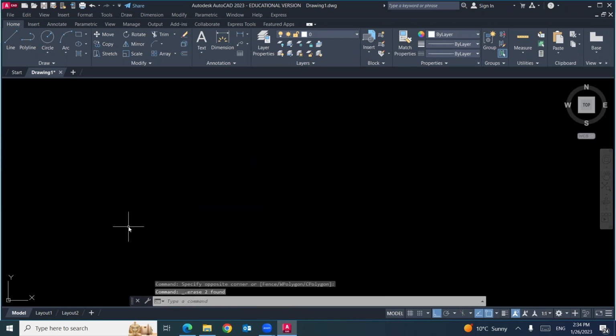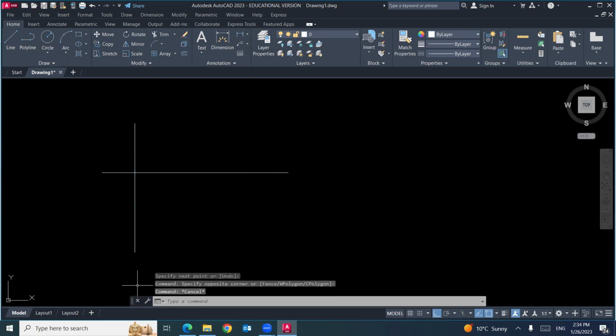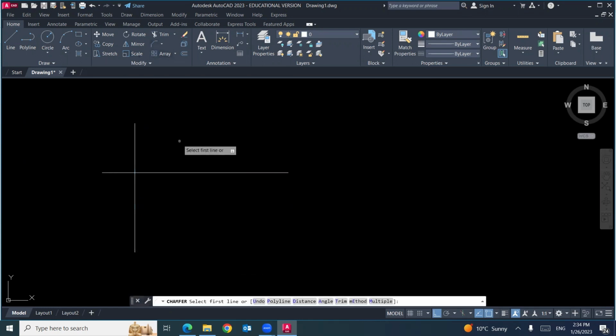One more time. I have lines like this with extra parts. I need to delete these extra parts. I cannot select them because if you select this extra part, it will select the whole line. Chamfer will help you to figure this out. Once you select chamfer, if you cannot select the distance, just write D, enter.